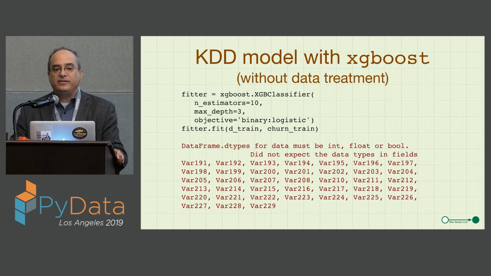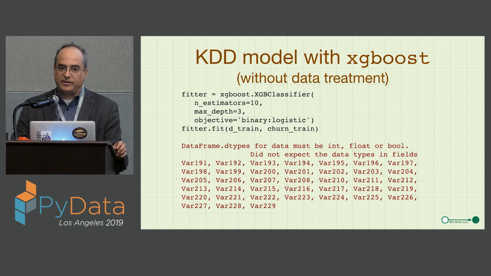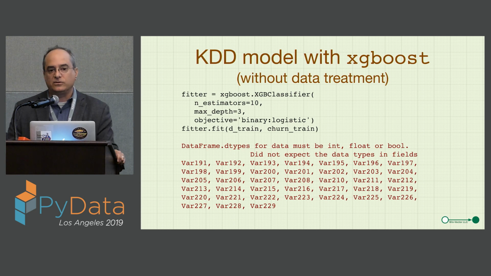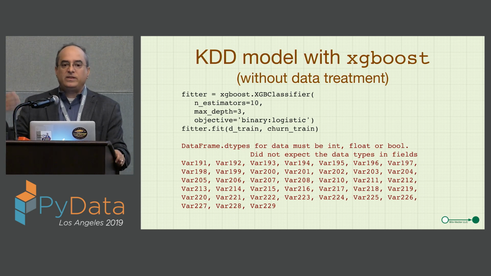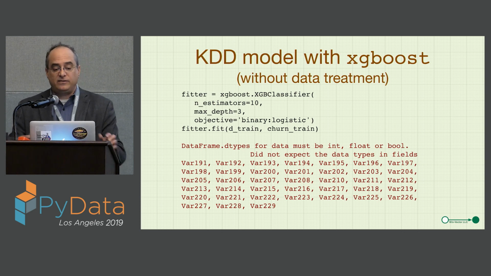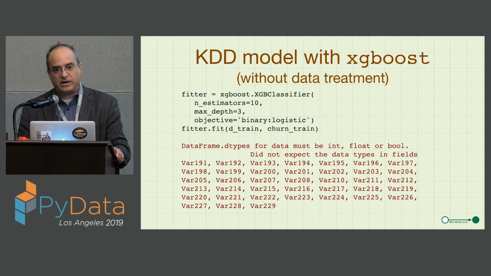This is what happens if you throw the data at XGBoost as is. And basically in red, we have the exception that was raised, where XGBoost said that some of the variables were of types I am unwilling to deal with. And again, that's not a mathematical issue. You can do tree-based methods and boosting on categorical variables, but with this type of API, especially, this is not scikit-learn, but with scikit-learn, you're not allowed to have non-numeric columns, so you need to prep the data.